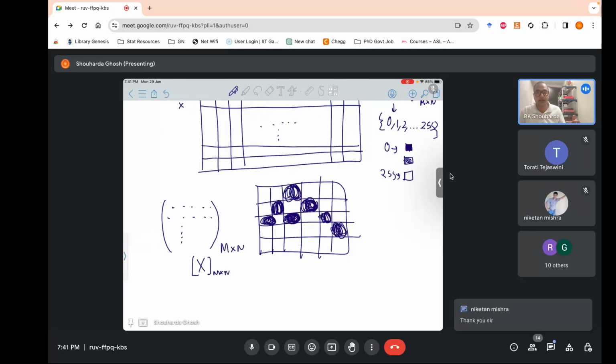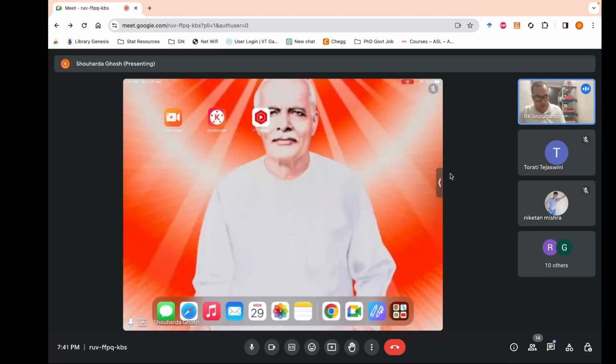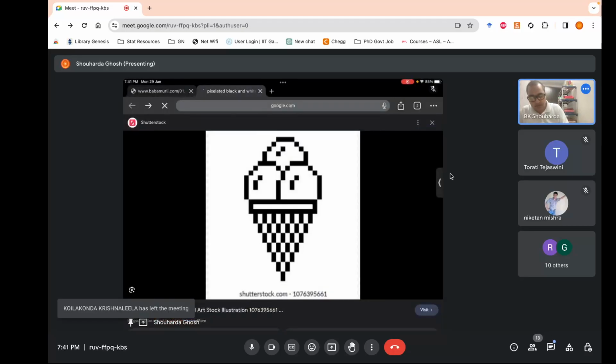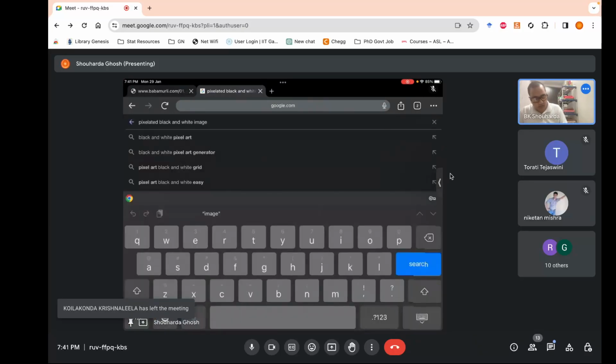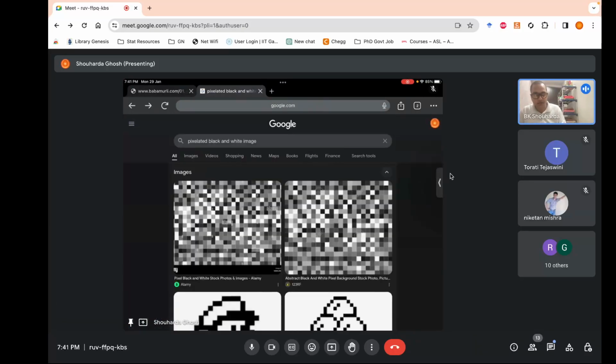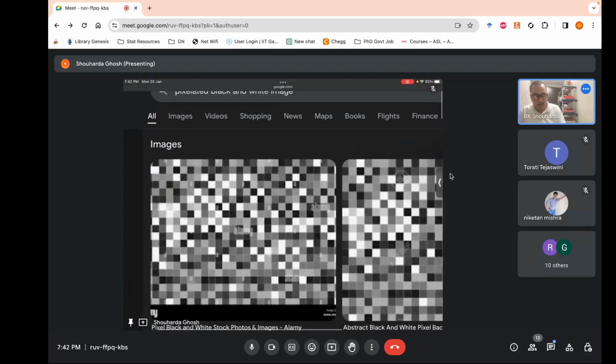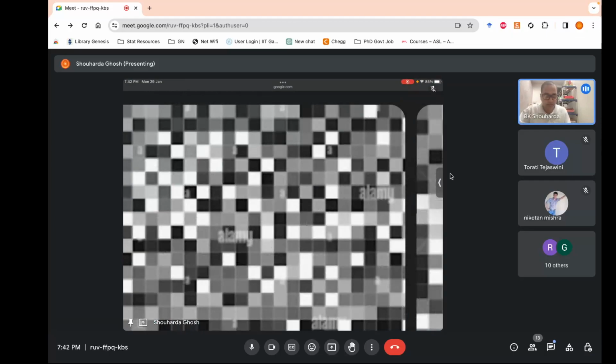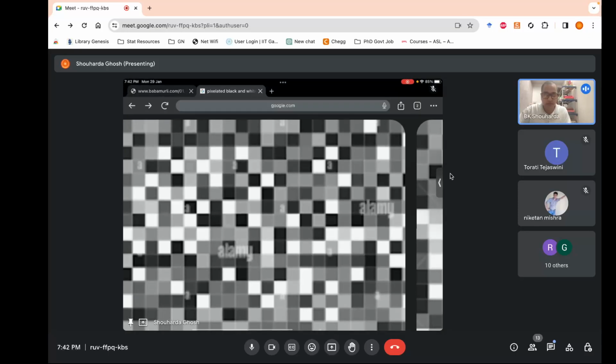Okay, binary scale image. Then there's grayscale image. Let me show you pixelated grayscale images. And you see, not all images make sense. So if you fill up arbitrary black and white, you see over here, some of these squares are white, some of these squares are gray, some of these squares are completely black. Okay, so what is it? That is the 0 to 255. So if you see a completely black square, that's 0. Completely white square, that will be 255.